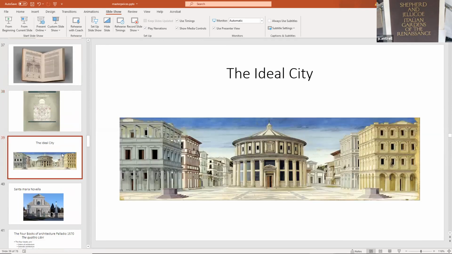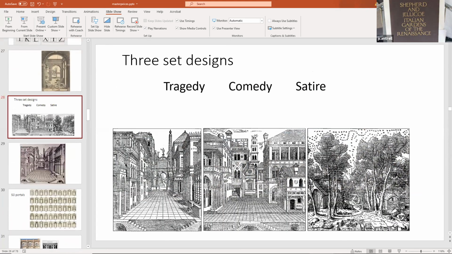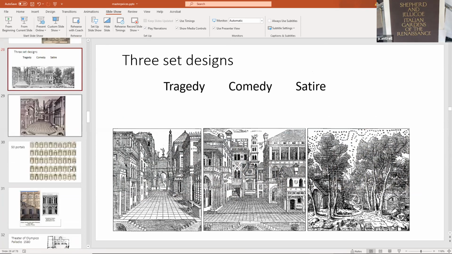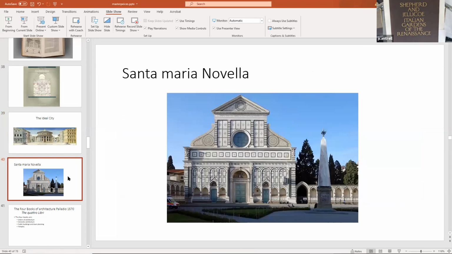And of course, Leon Battista Alberti was a wonderful painter. His image of what's called the ideal city. It almost looks like, go back to Serlio, the tragic scene, where it's really symmetrical on both sides. There's an emphatic one point that vanishes to a portal. So the ideal city in the painting references that as a large urban space with kind of a round temple in the center of the space. So of course, the ideal city is a symmetrical relationship. And this is just a small fraction of his incredible portfolio of work. His, of course, famous Santa Maria Novella facade in Florence, Italy.